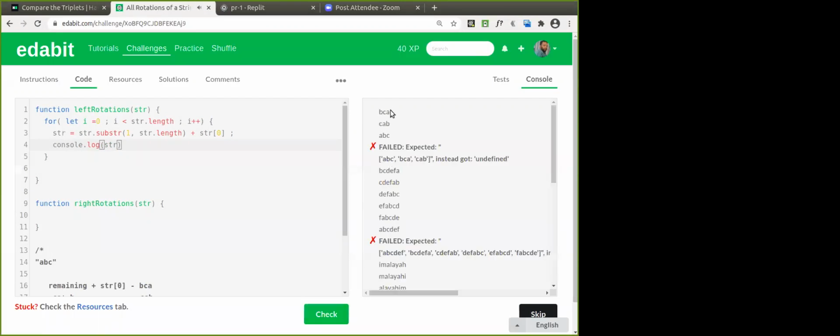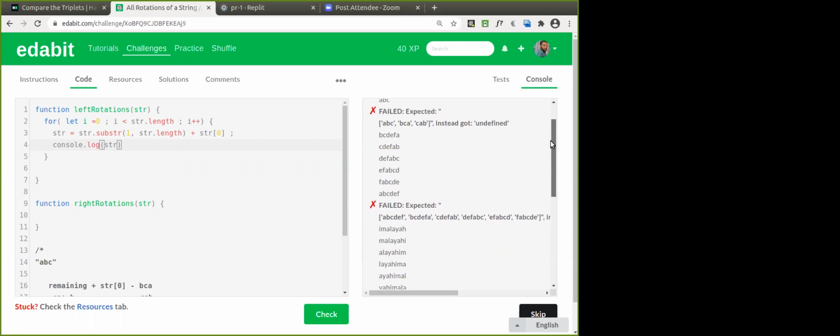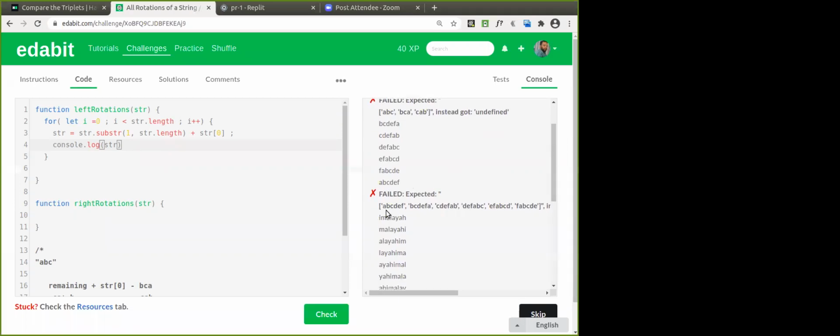Yes, we got BCA, then CAB, then ABC. Is it okay, everyone? It's expecting ABC first, okay, fine. Anyway, BCA and CAB and this one. Then ABCDEF was given, and we are getting this one. So left rotation is right.